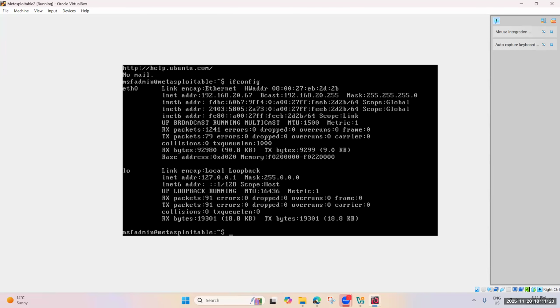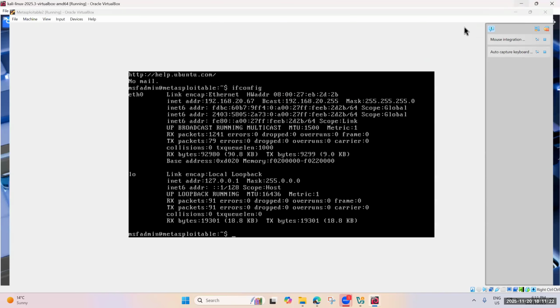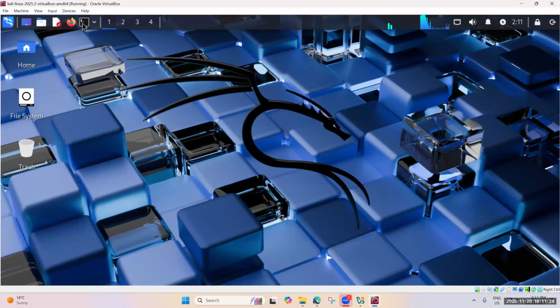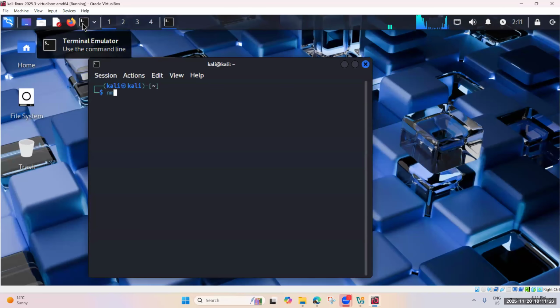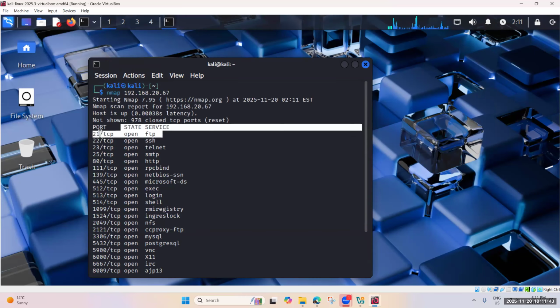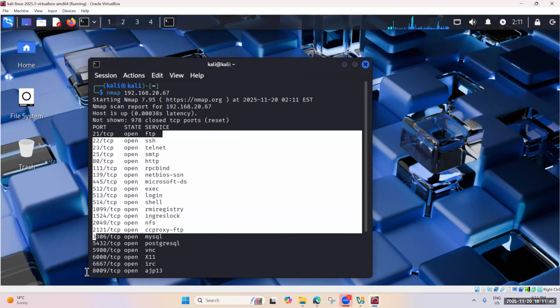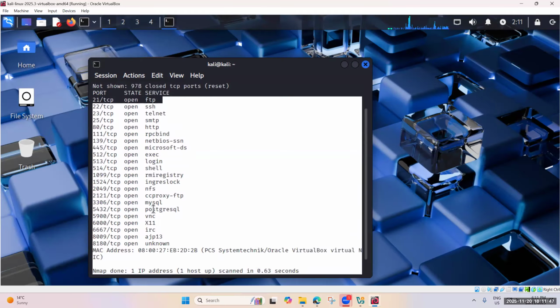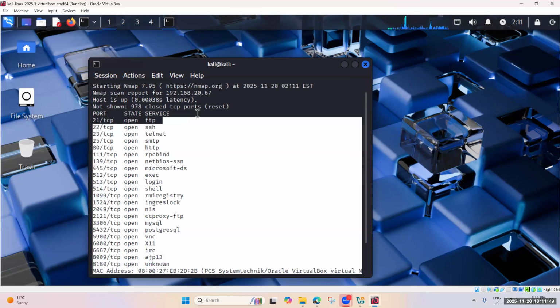Okay, so I'm running nmap on 192.168.20.67. You see, it's pretty quick and it shows some open ports very quickly. Open, open, open, open, open. And it doesn't show the closed ports. It just says that